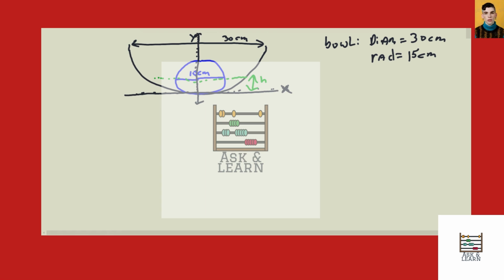Then using the center-radius form of a circle, the equation of this bowl, because it's a hemisphere, half a circle, is x squared plus (y minus 15) squared